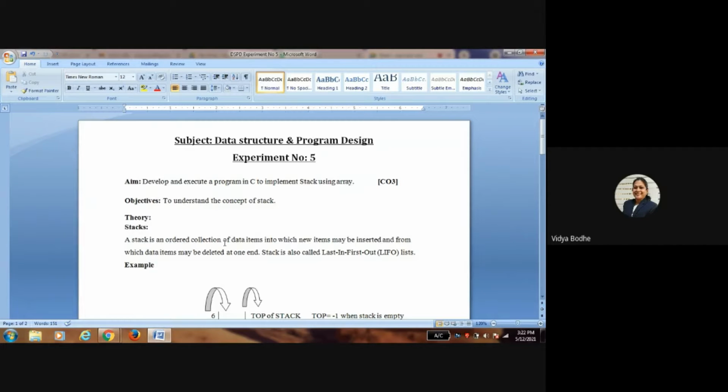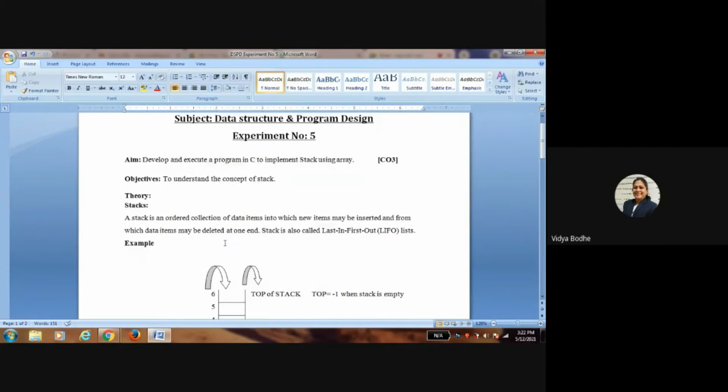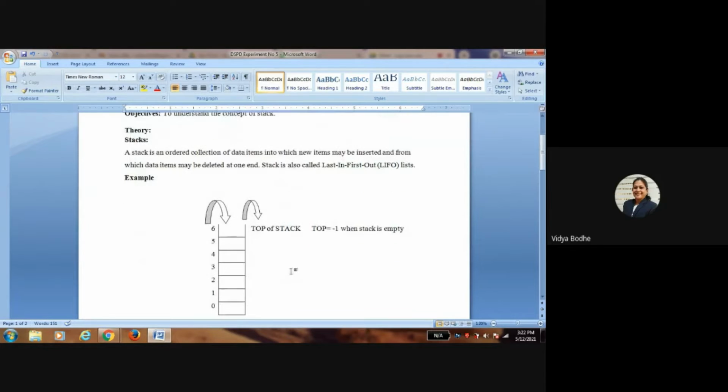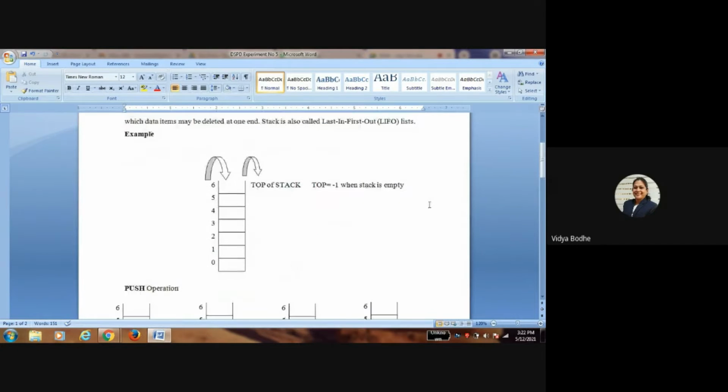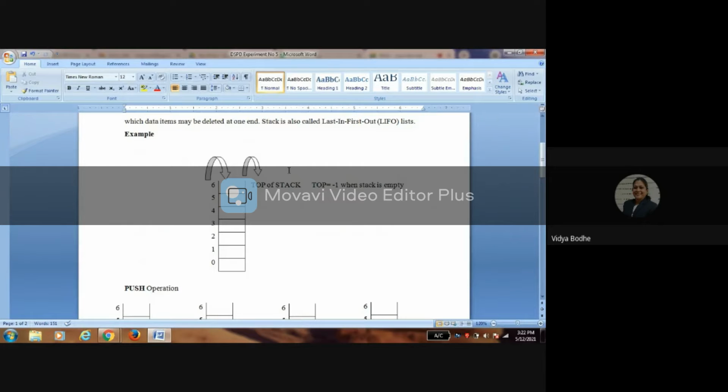Here I am going to explain how the push and pop operation will be performed on the stack. This is the representation of stack. Stack is represented as an array of size 7.